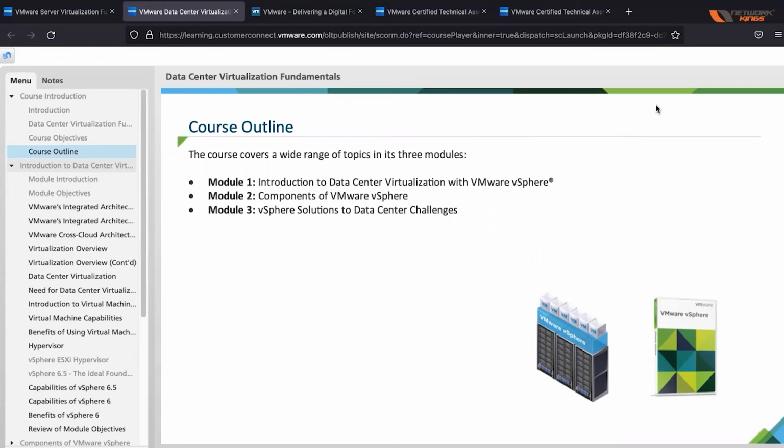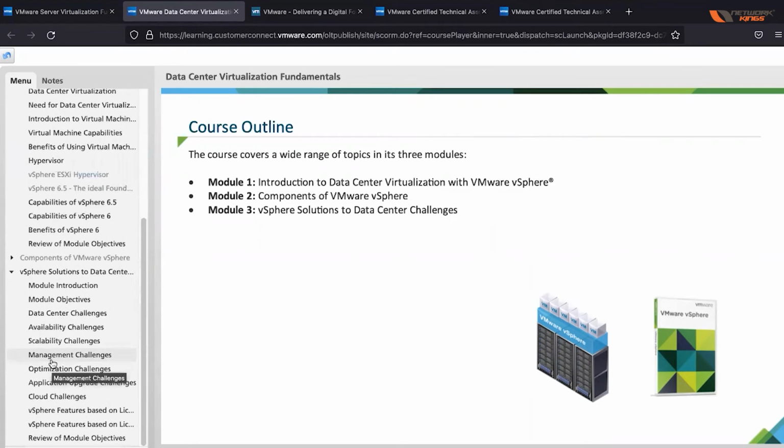So यहाँ पे यही लिखा है कि Introduction to Data Center Virtualization with VMware vSphere, components of VMware vSphere, the main components, and how can we interact with other components through vSphere, and end में how does vSphere tackle the data center challenges. So this is considered to be the main syllabus, but इसके अंदर, within these modules you will have different sub modules. And you can consider all of them to be in the official syllabus. I hope that helps all of you in understanding what is there in VCTA.